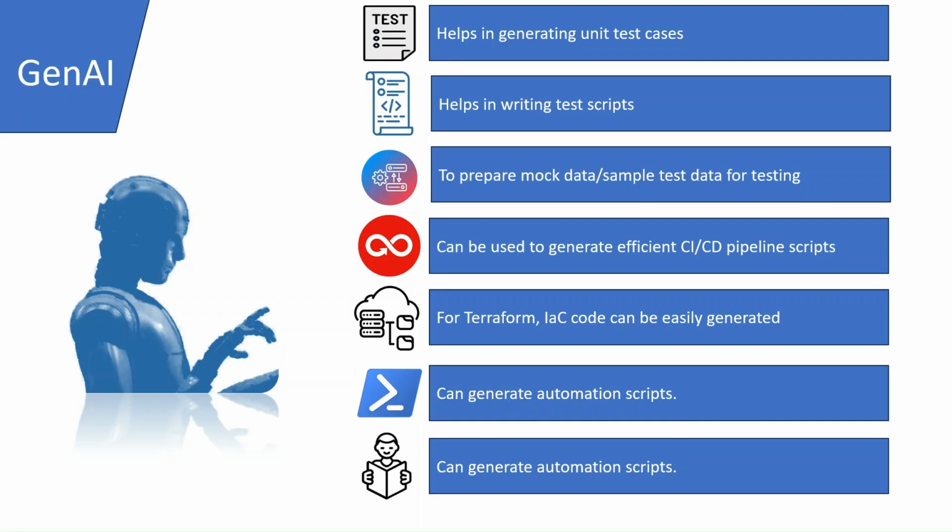You can use GenAI to generate efficient CI/CD pipeline scripts. Writing CI/CD pipelines for Jenkins or GitHub Actions is very easy if you are going for GenAI. In the area of automation, mainly using Bash or PowerShell or Python, GenAI can be used to generate automation scripts. It also helps in learning new programming languages by providing structured lessons to the users. And it can also be used for various other programming purposes. Say for example,